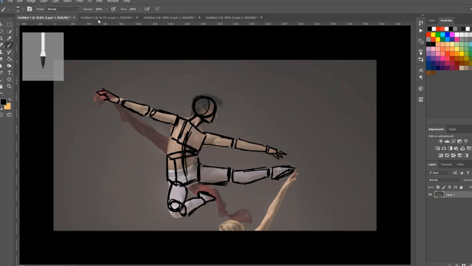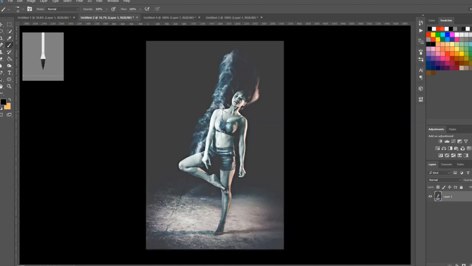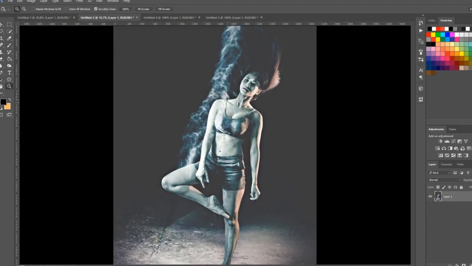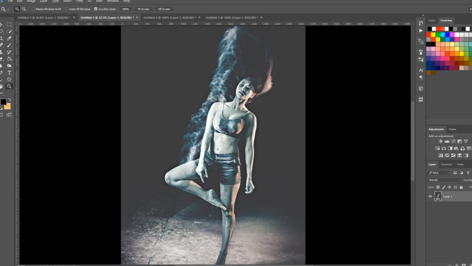All right, let's try another one. So this is a female form, and female forms have a little bit different shape than men. So rather than having square cube blocks for the torso and the pelvis, it actually is more of cone shapes that get the tips cut off. So let me show you what I mean. So I like to start off by creating